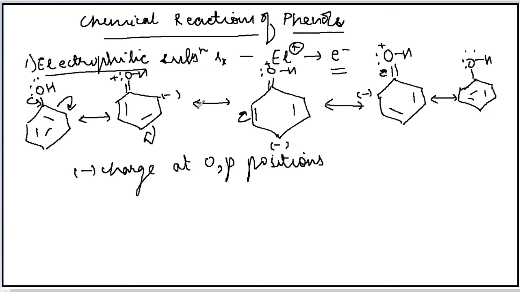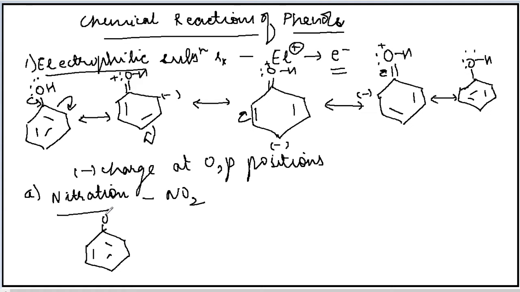Now the electrophilic substitution reactions in phenols are of various types. The first electrophilic substitution reaction that takes place in phenol is nitration. Nitration, the name itself suggests that the electrophile will be nitro, that will undergo the substitution reaction in phenol. Now look at the reaction of nitration that takes place in case of phenol. When phenol undergoes the nitration reaction in presence of dilute nitric acid or concentrated nitric acid, the product will be different depending on which acid is used.